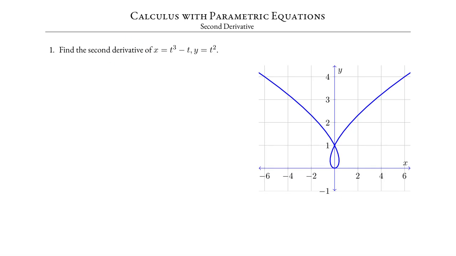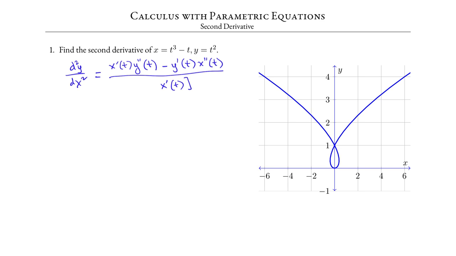Find the second derivative of x equals t cubed minus t, y equals t squared. In an early example, we saw that this is the graph of these parametric equations. The second derivative d squared y over dx squared is x prime of t times y double prime of t minus y prime of t times x double prime of t over x prime of t cubed,